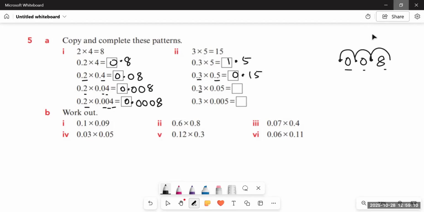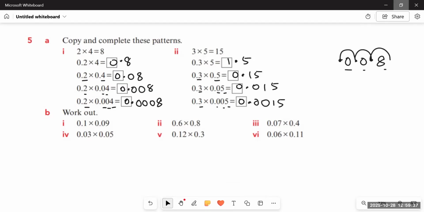And then three decimal places. So now we will have to add a zero as well before the last digit. So it becomes 0.015. Every time we're just adding one more decimal place into it because the number of decimal places is increasing every time. And here we have 1, 2, 3, 4 decimal places. So we must have 4 decimal places. We already have two digits, so we will add two zeros and then the last two digits. So here comes 4 decimal places.